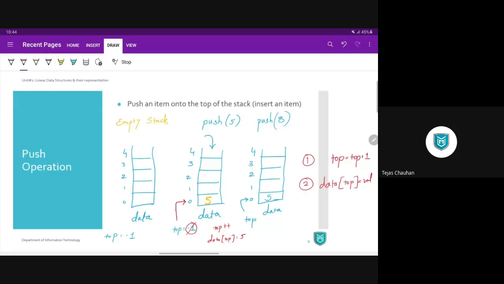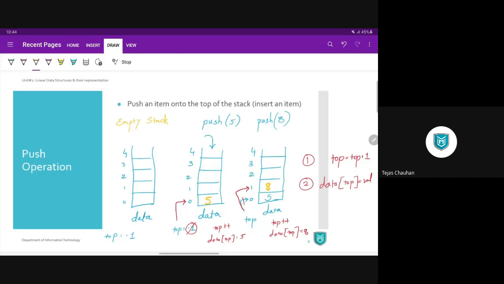Now let's go through these two steps. First step is top plus plus, so we update our top to the next index value 1. Then the second step is data of top equals 8, so 8 will be placed at this index.